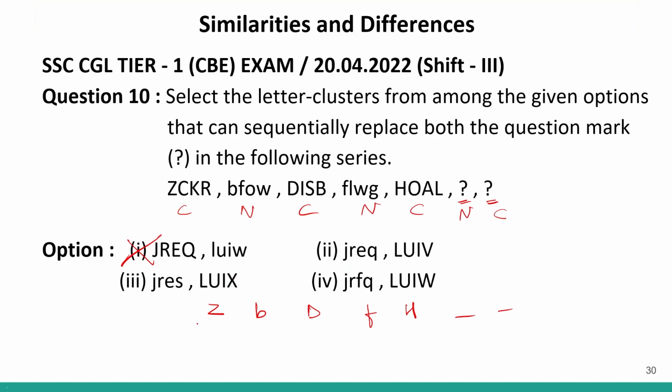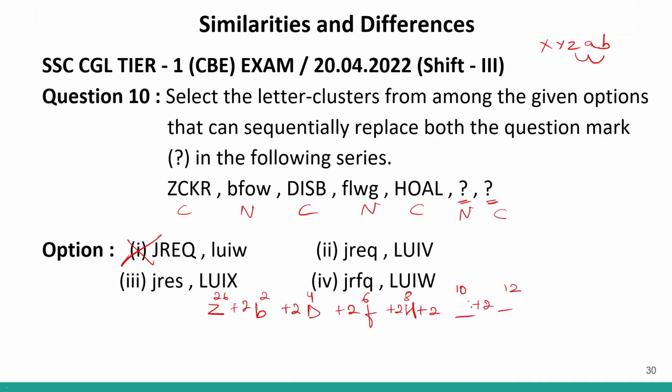Now, first, when I look at this, this is Z, then this is B. So Z is 26, B is 2. From 2, we are going to 4. Sorry, this is plus 2. We are going 2 positions forward, from X, Y, Z to A and B. So 2 positions forward. This is also 2 positions forward. Then this is 6, so 2 positions forward. Then this is 8, so 2 positions forward. So 2 positions forward will give me 10, and then again it will give me 12th position.